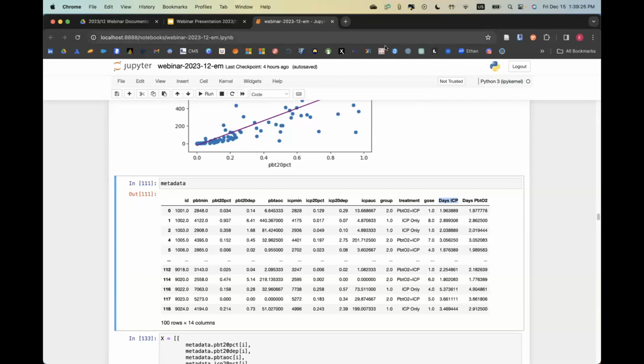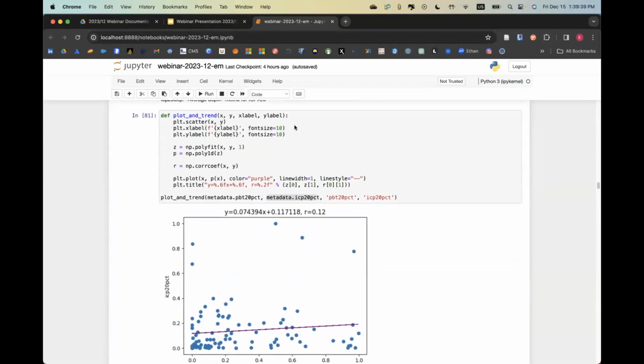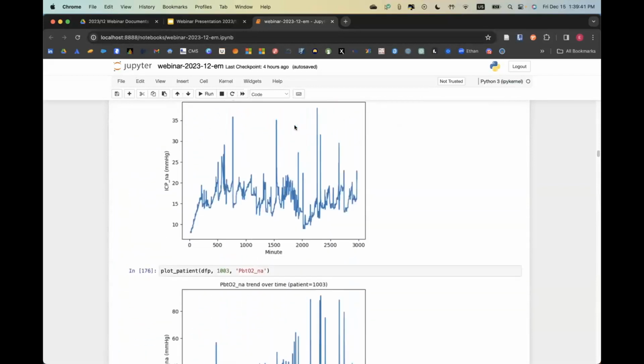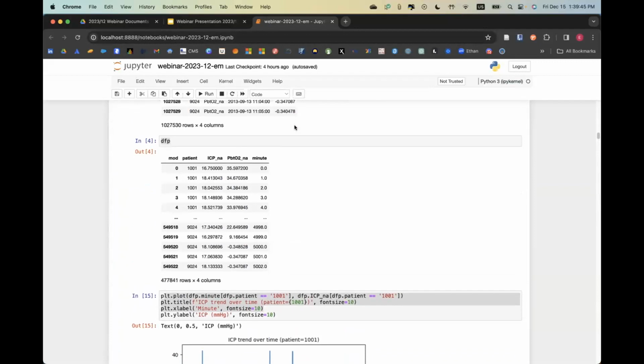Cool. Another question. Usually we visualize data in the frequency domain. Do you have experience visualizing data and selecting metrics in the frequency domain? Yes, we do. This data, I'm pretty sure, I'm looking at a minute at a time.